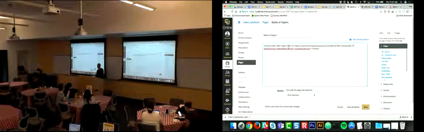Canvas will accept a lot of these from other sites. So even if it's not just Canopy Video, but sometimes like PBS or other areas, it'll accept most embed codes. Usually the little URL within here has to be an HTTPS. Otherwise the browser will block it because you're within a secure site and it's pointing to an unsecure site. That's usually what causes an issue. Sometimes you can hack around it and add the S yourself, but not always. But you post that in there, hit save,